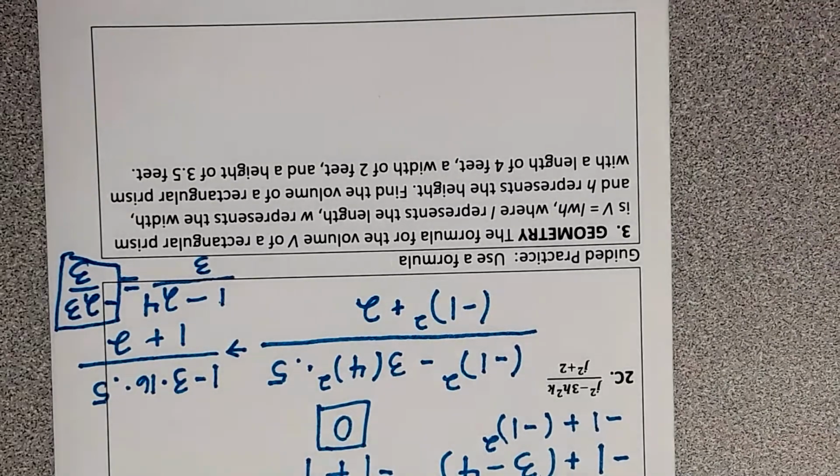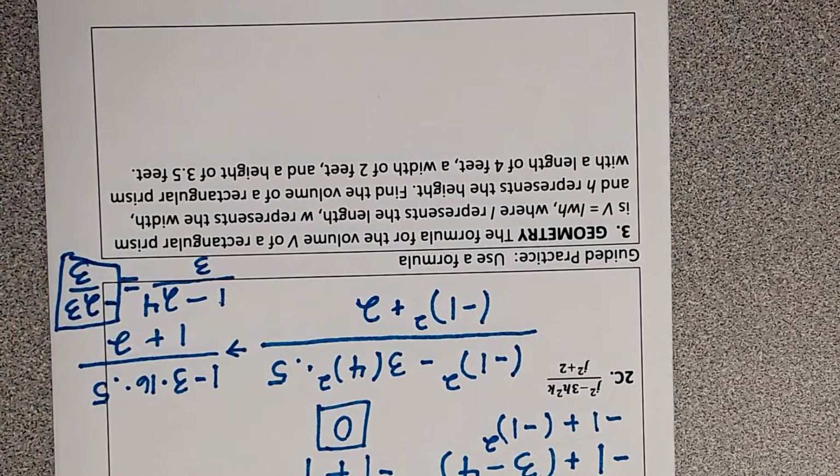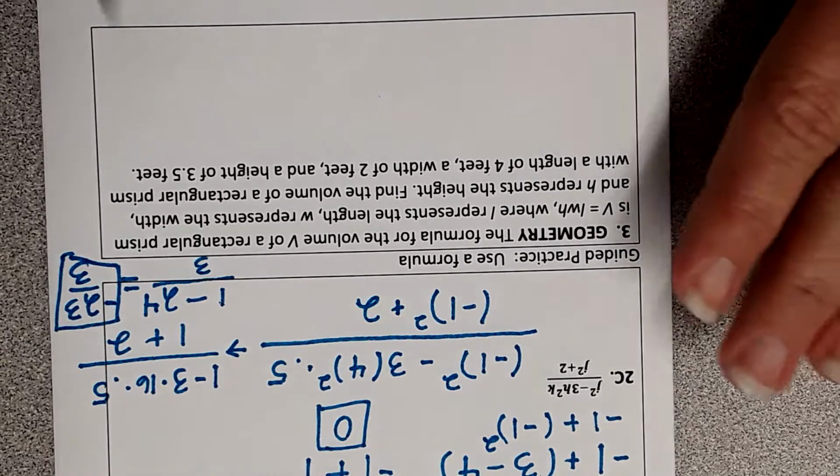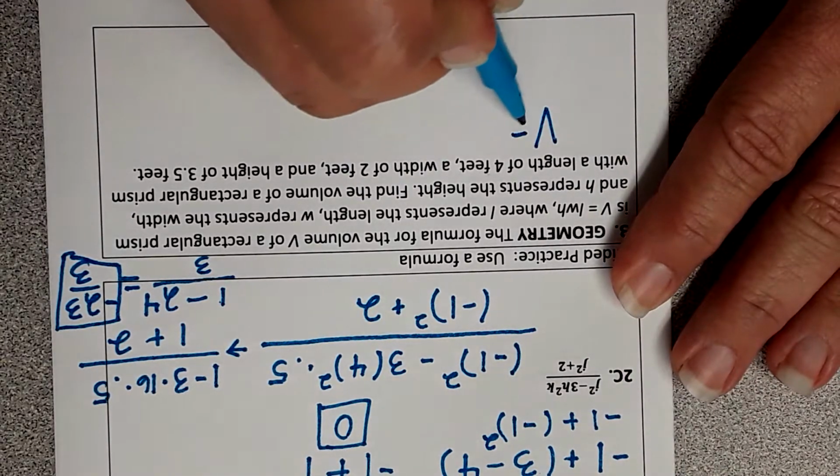Last question. I promise I'm trying not to bore you. The formula for the volume V of a rectangular prism is volume equals length times width times height, where L represents the length, W represents the width, and H represents the height. Find the volume of a rectangular prism with a length of 4, a width of 2, and a height of 3.5. So volume equals